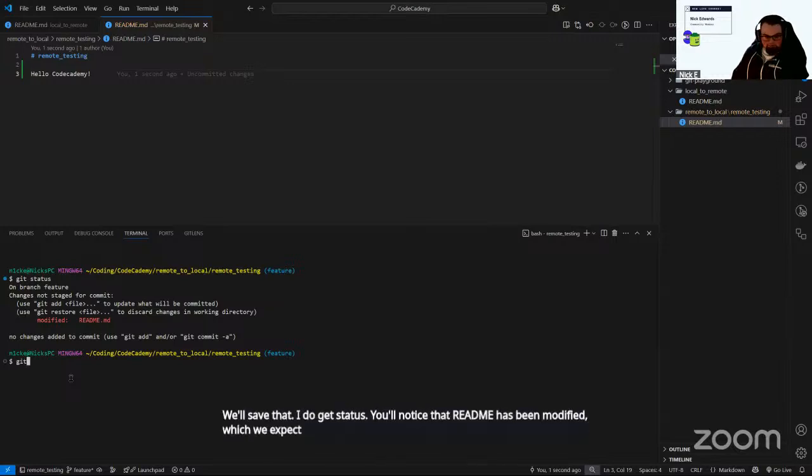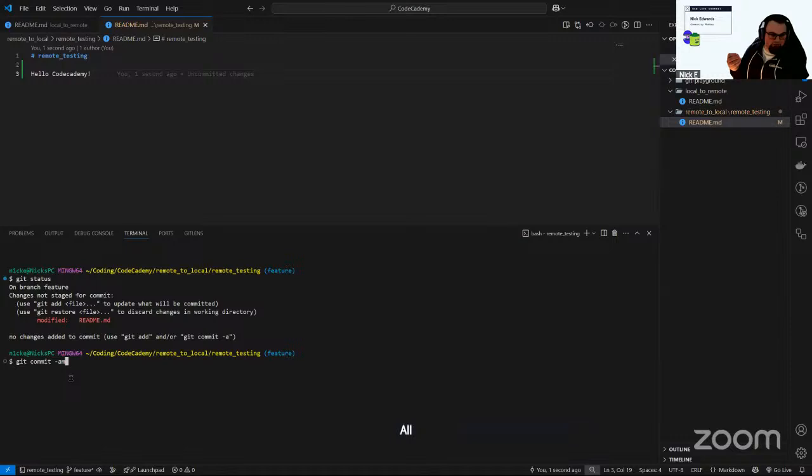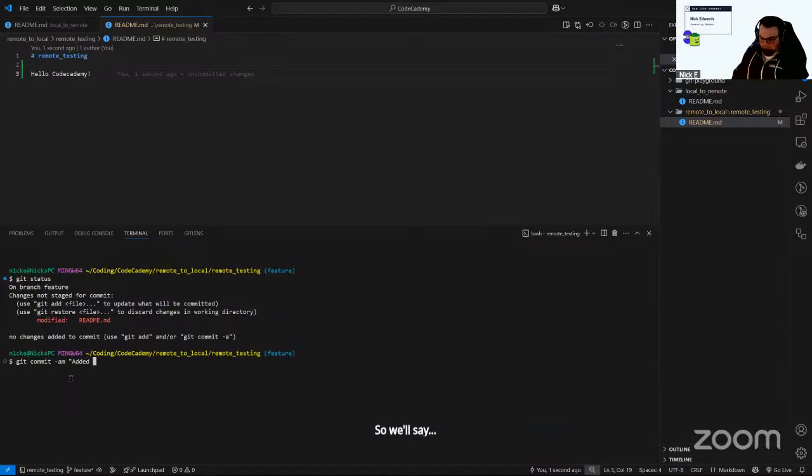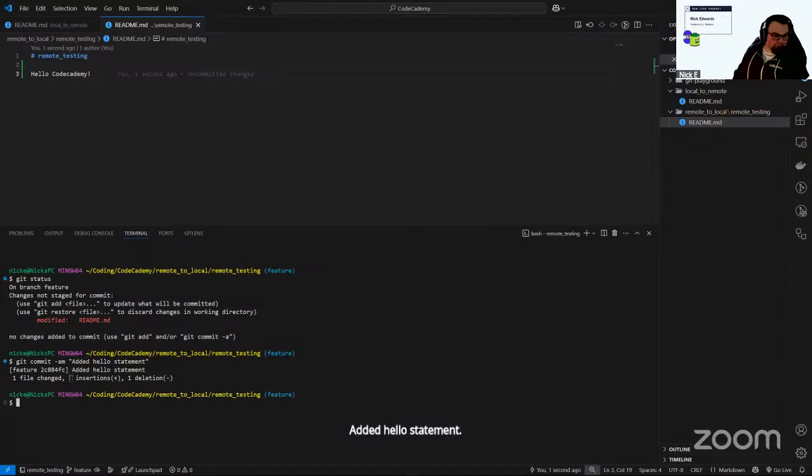And then if you guys remember that tip that I said earlier, we can use git commit -am. This is going to add all of the changes that are in my working area to my staging area, and then provide the message and just create the commit all in one go. So we'll say added hello statement.